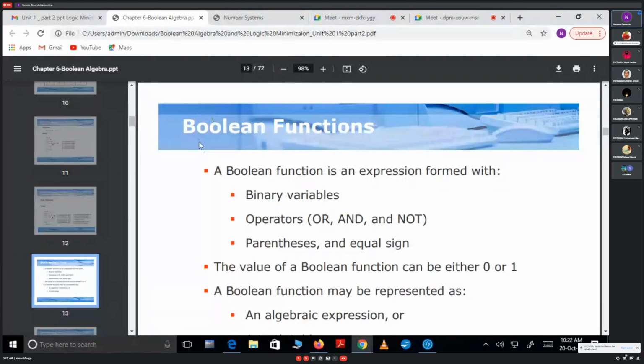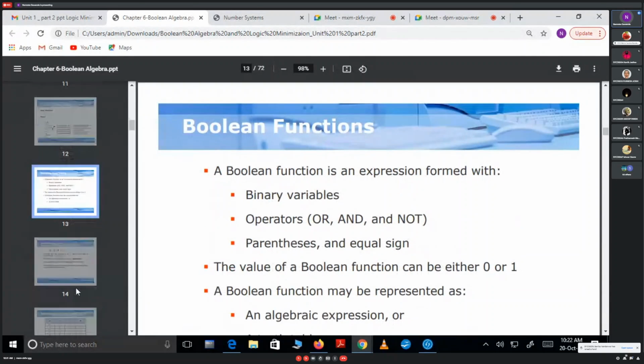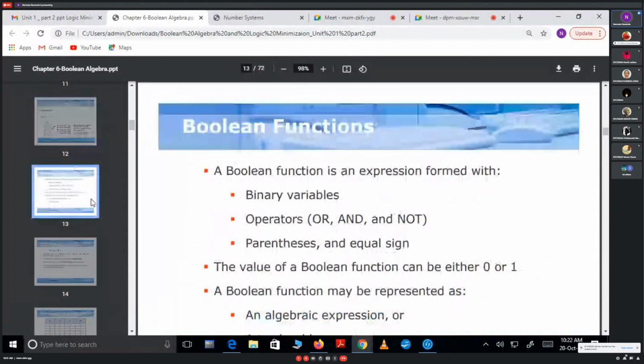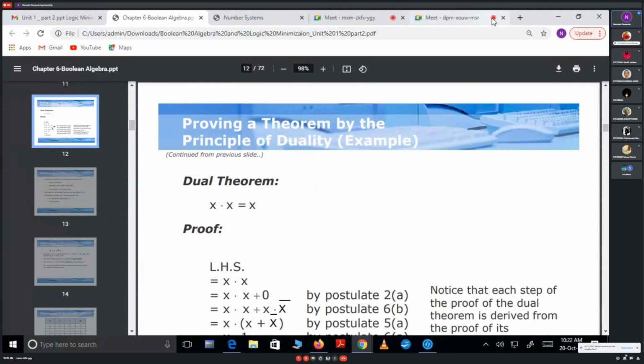Because the main point now, that is the Boolean function, is in our syllabus. So I will directly start with this part in the next lecture. It is expected and you will understand that particular part here also, but you go through it once. In the notes, the detailed explanation is given for all the postulates, all the Boolean algebra. If I cover all this part now, I will not complete the main part that is required for understanding the major part of digital electronics. So that is my request from my side.